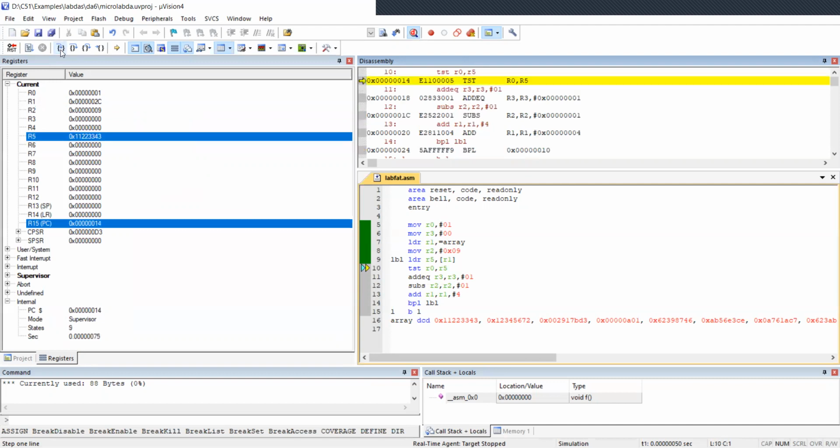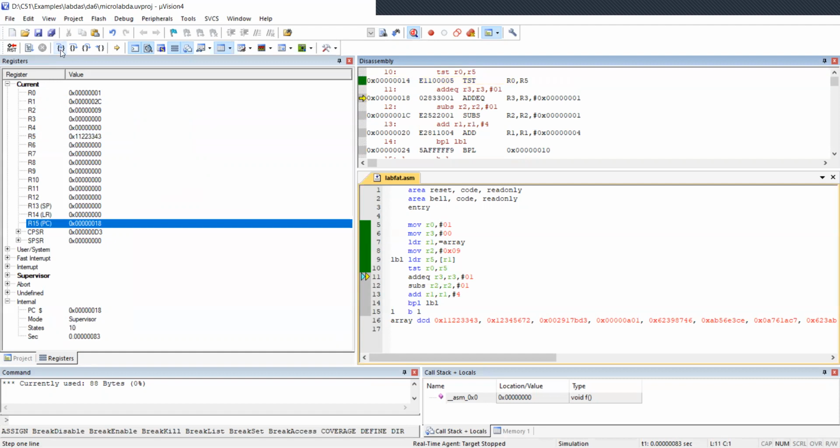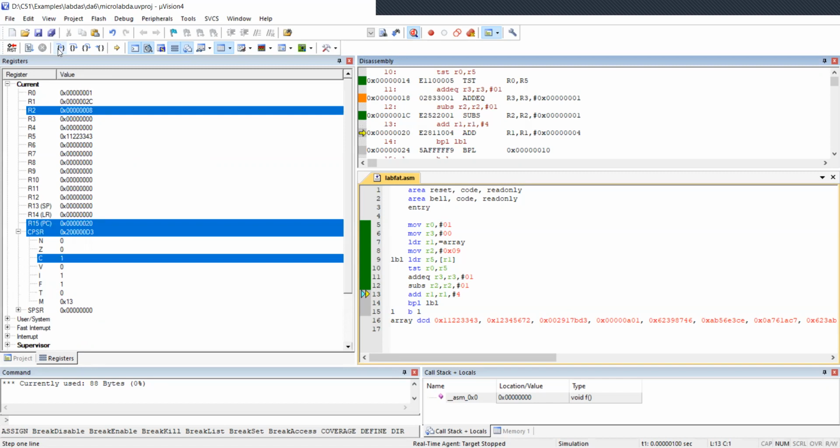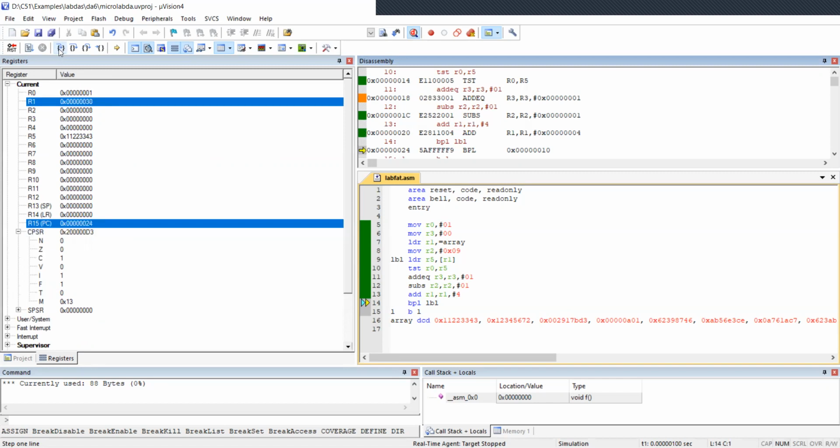Then we insert the label and load the first element from R1 into R5. The test command does a bitwise operation between R0, which is 1, and R5, which is the element of the array. The ADDEQ statement will be executed if the Z flag is set to 1. We subtract 1 from the counter register and we add 4 to R1 to get the next element address.